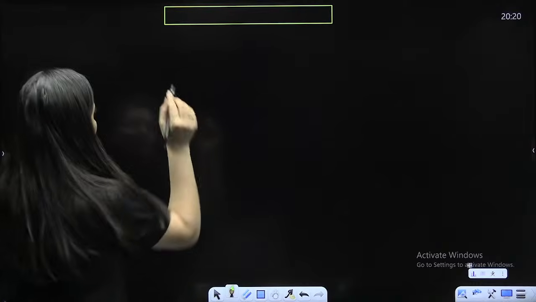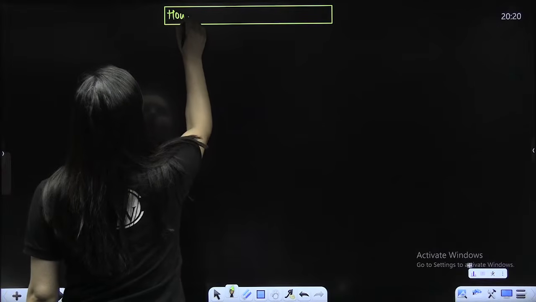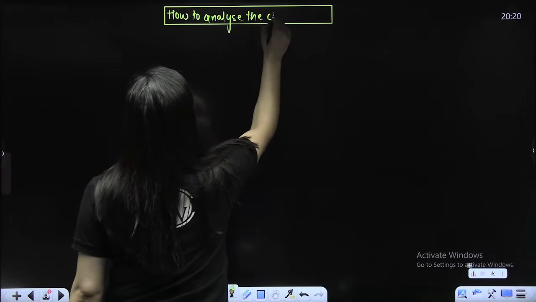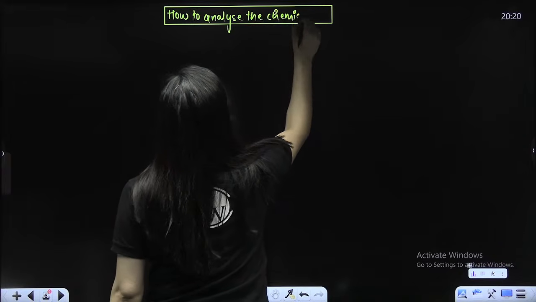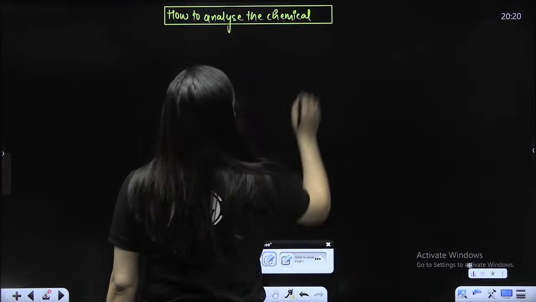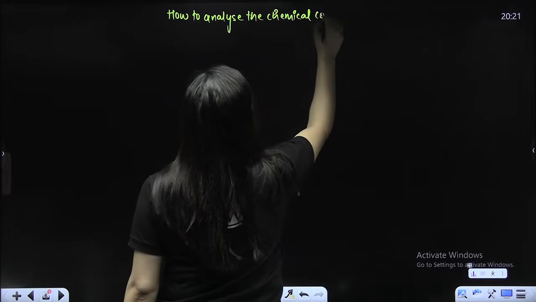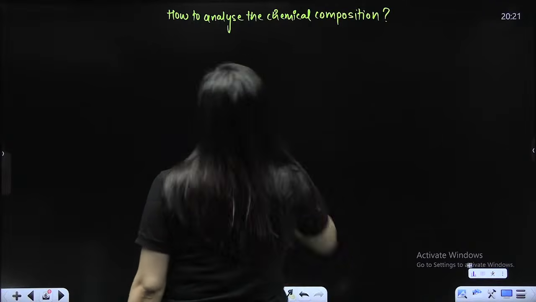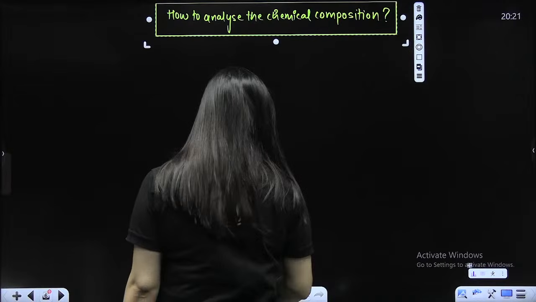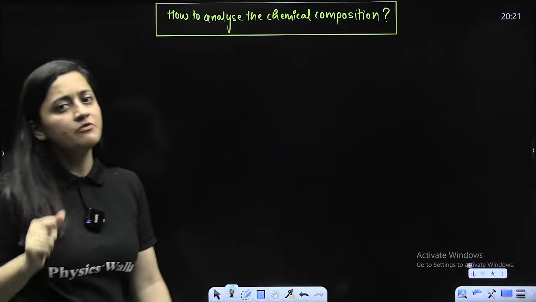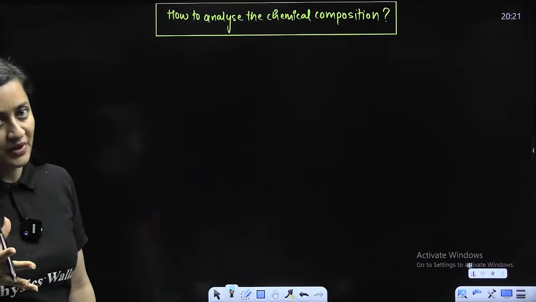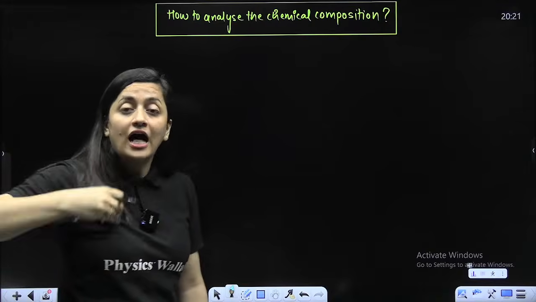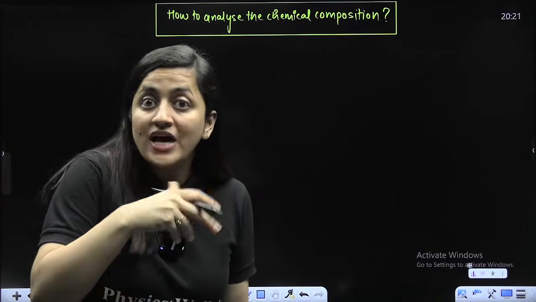So the first thing that we have to understand here is how to analyze the chemical composition. That's the first thing we are going to discuss. How to analyze the chemical composition, right? So what are we going to do? We are going to perform a very simple experiment here. What's that experiment? The title itself says how to analyze chemical composition, because we have to see whether